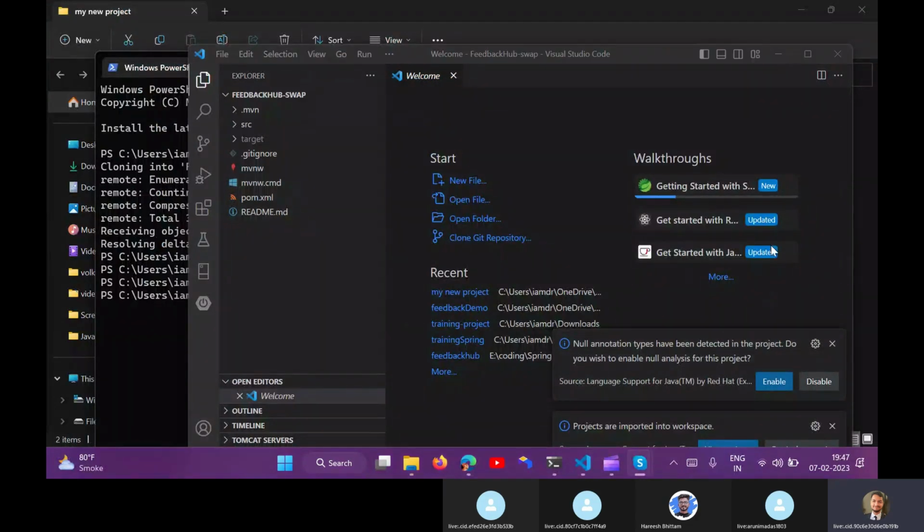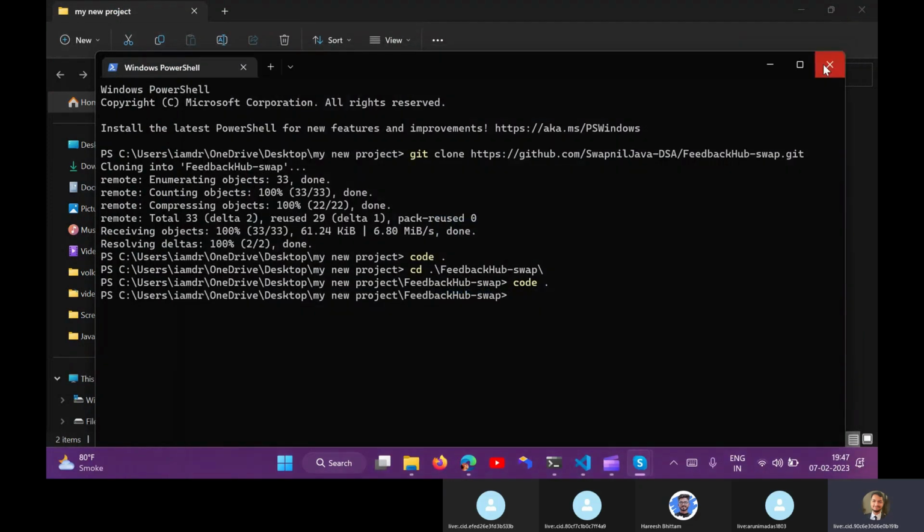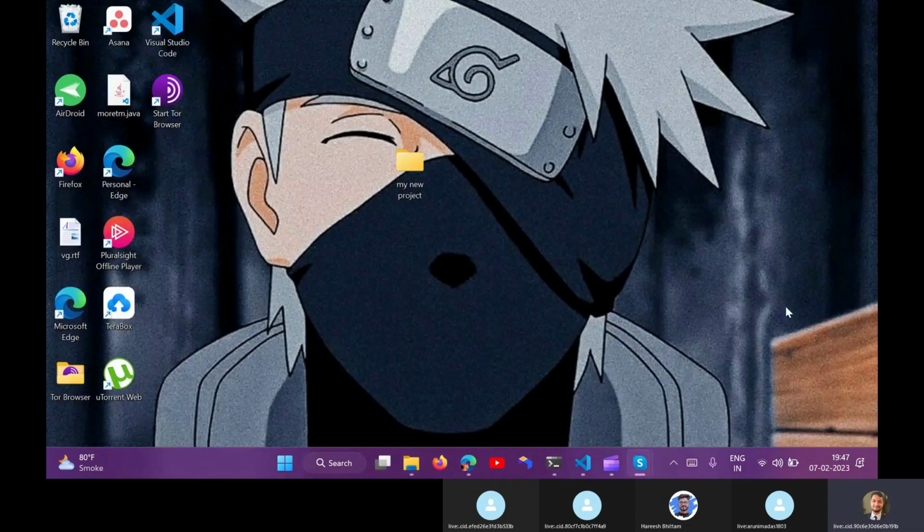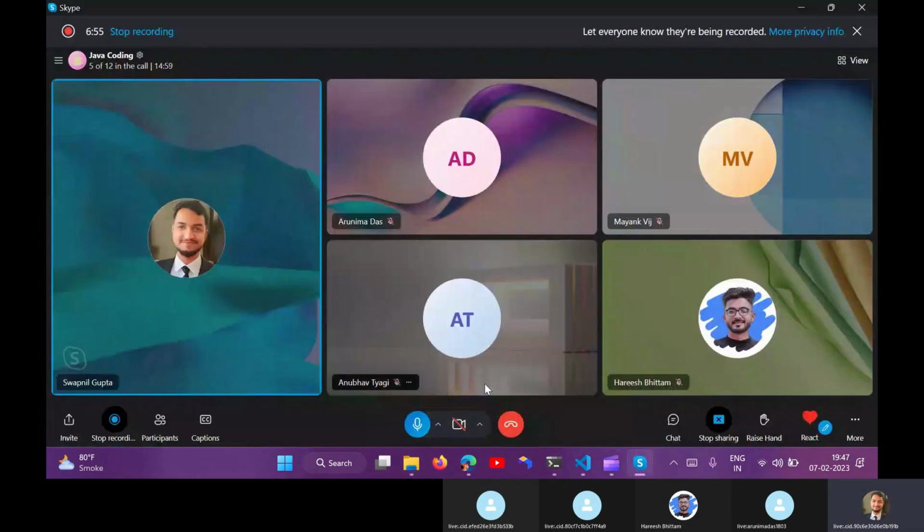You can clear the doubts in the next session. Let's first discuss what we need, what database you guys want to use, like MongoDB or